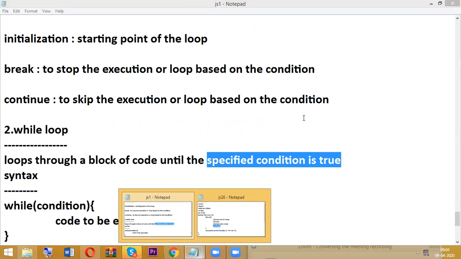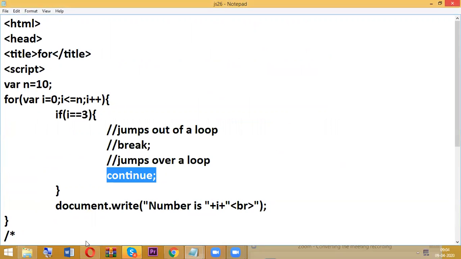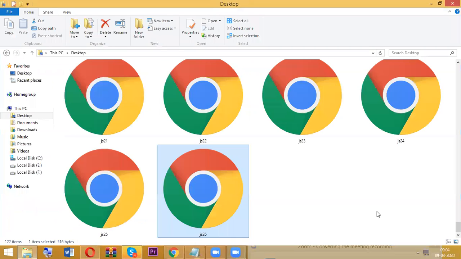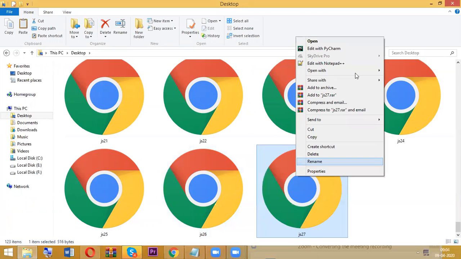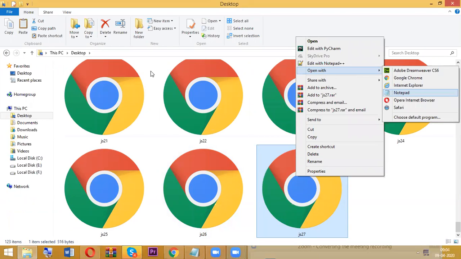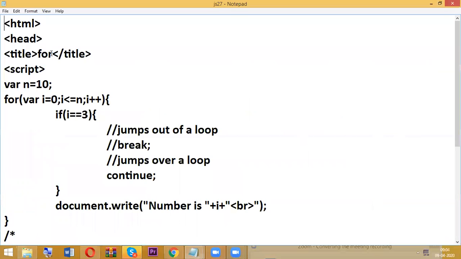Okay, so now, JS 27. So while loop, so here variable n equal to 10.